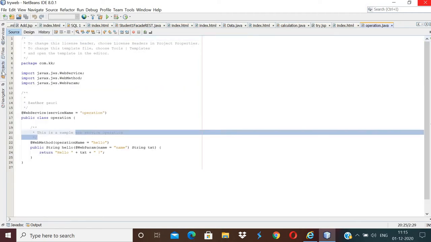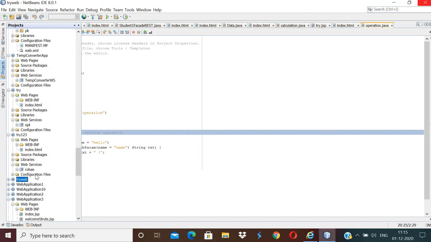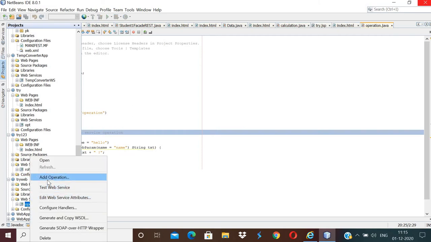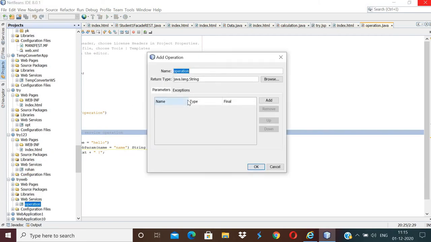So here my web service name is operation. I want to add an operation, so Add Operation. My operation name is, suppose, addition. I'm taking the return type as int.